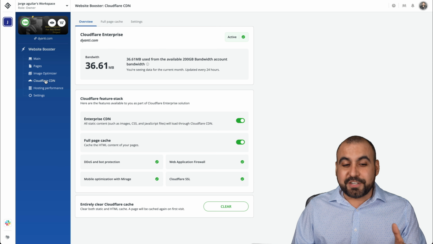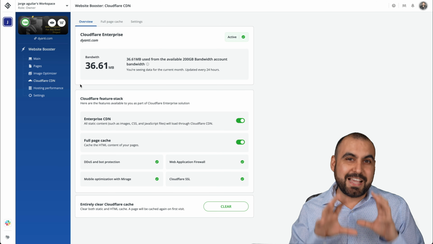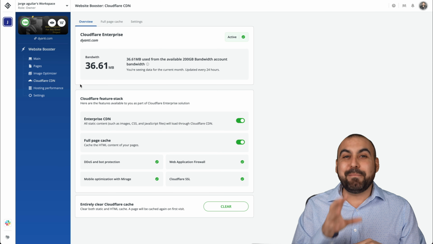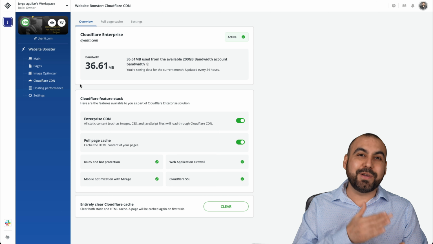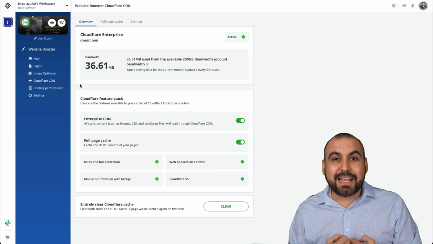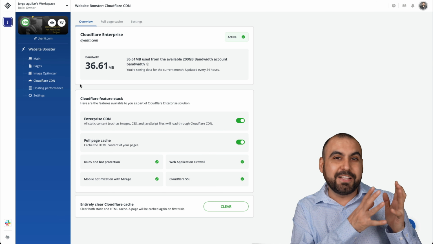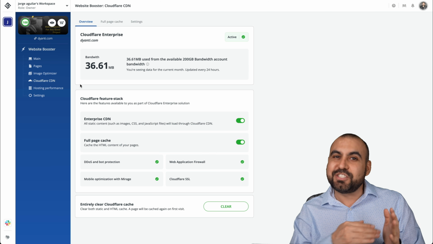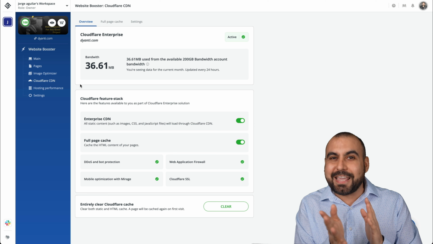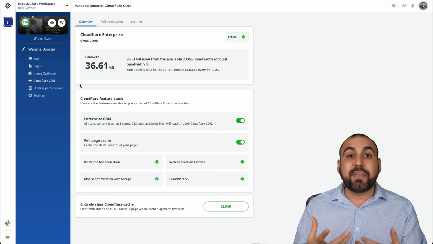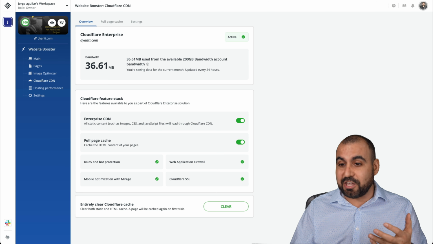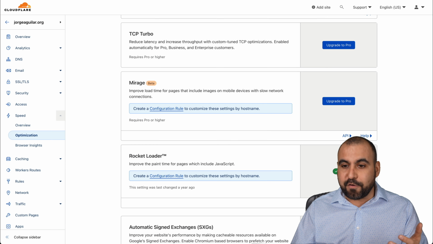Now, this is the Cloudflare CDN feature, and I think this is where 10Web Booster is going to shine. I mean, they just implemented this, so it's going to get even better. Now, my guess is that they are paying for the Cloudflare Enterprise version, and we're getting access to it from the back end, and we're getting access to those features. So I think that makes it really great. So we're not paying that huge price tag that Cloudflare is asking for.